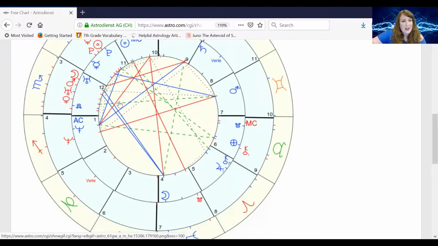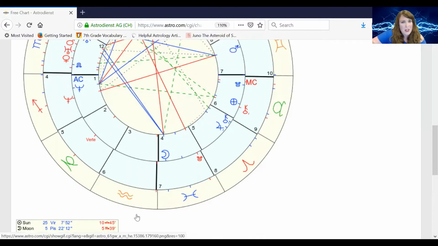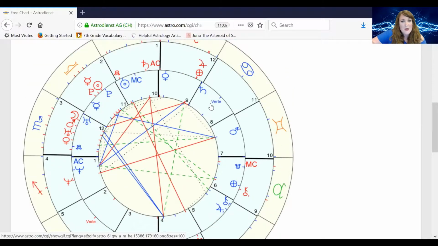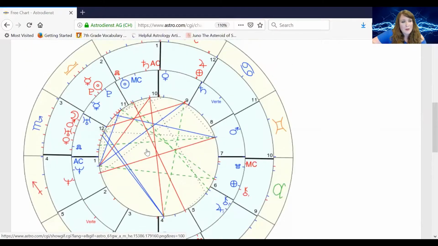And looky here, this lucky couple has an exact, they're both at 14 degrees. They are within 3 minutes of each other with this vertex. So the blue person's vertex is exactly conjunct the red person's anti-vertex and vice versa. Now,